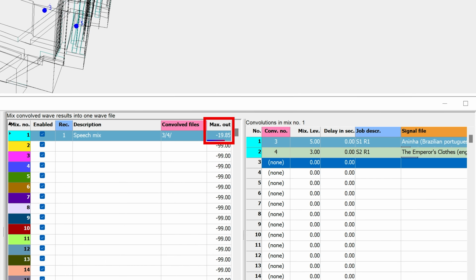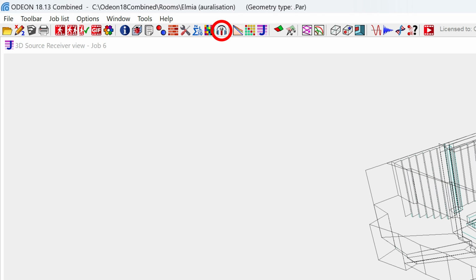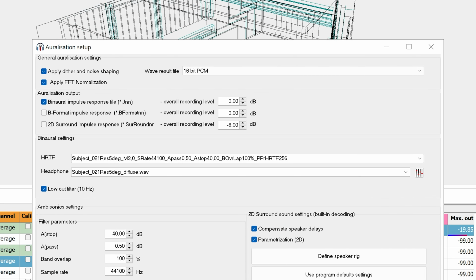If the level of your mix is too low or too high, you can adjust the level of all convolutions without having to adjust each one individually. To do that, go back to the auralization setup and then to overall recording level. This is a gain that is applied on all convolutions.